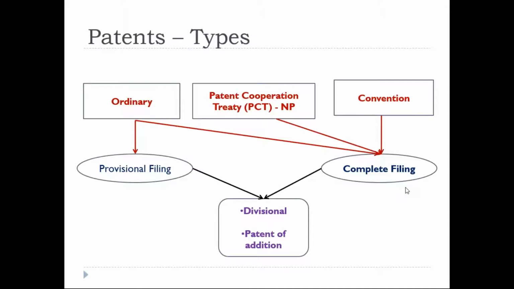For both PCT mode, that is WIPO, Patent Cooperation Treaty mode, and foreign filing, there is no option for provisional filing. Directly we need to go for complete filing, right? Few may ask this question, why can't they give provisional filing in foreign countries and then convert it to complete? But think about it, the origin place of that invention is India. We are testing it in India.